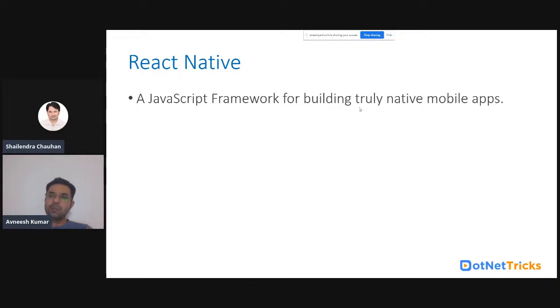But suddenly, research was going on into how they could develop their web application into mobile, and convert it without needing expertise in different technologies like Kotlin or Swift. They didn't want to hire more people, use more resources, or maintain two different code bases for two different operating systems.